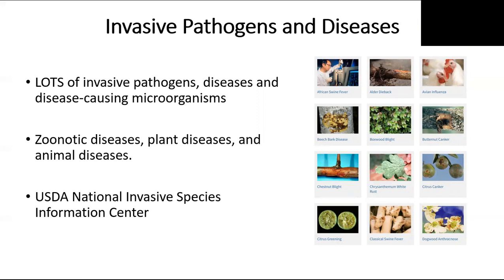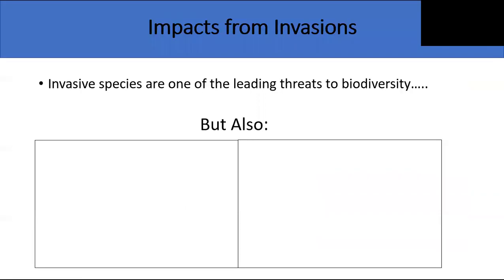So, I mean, we know of a lot of them, things like chestnut blight, the boxwood blight, avian influenza, things like that. We all know these exist and they are invasive, but the USDA National Invasive Species Information Center is a great resource to look up more information on these. But impacts from invasions vary greatly, and it is known that invasive species are one of the leading threats to biodiversity, and there is a lot of research and a lot of evidence supporting the fact that when a species